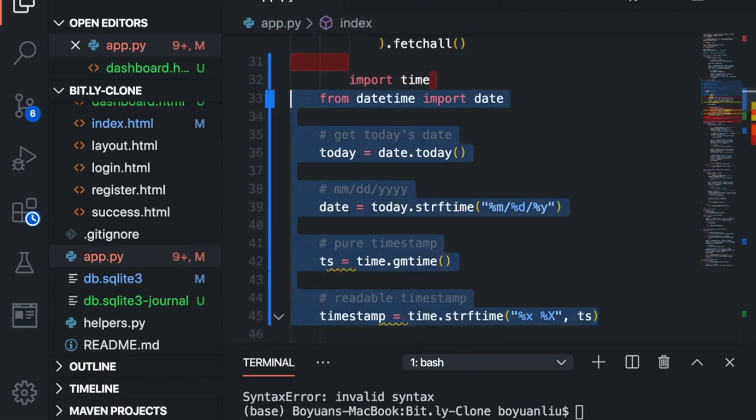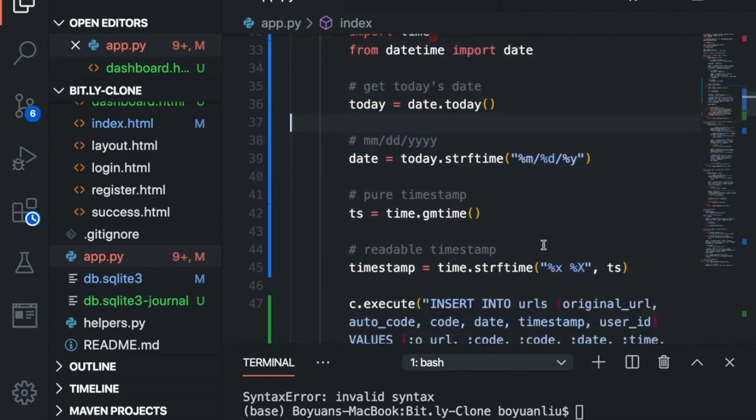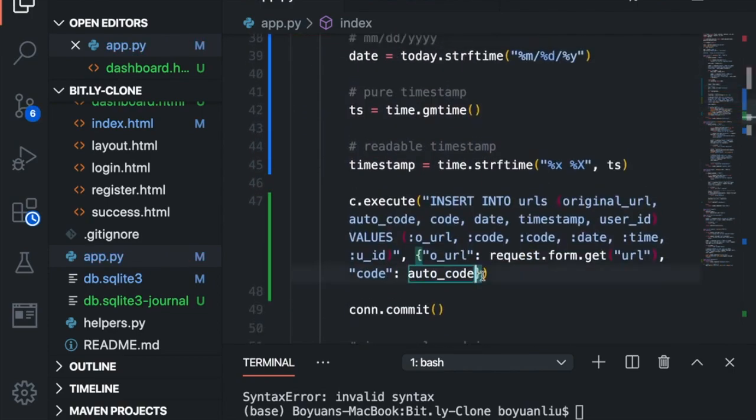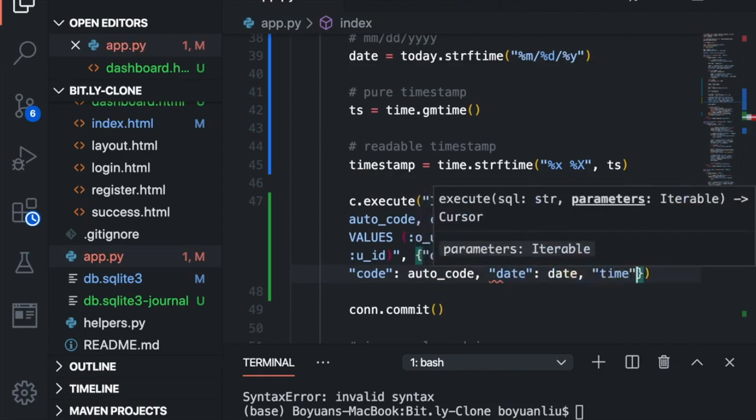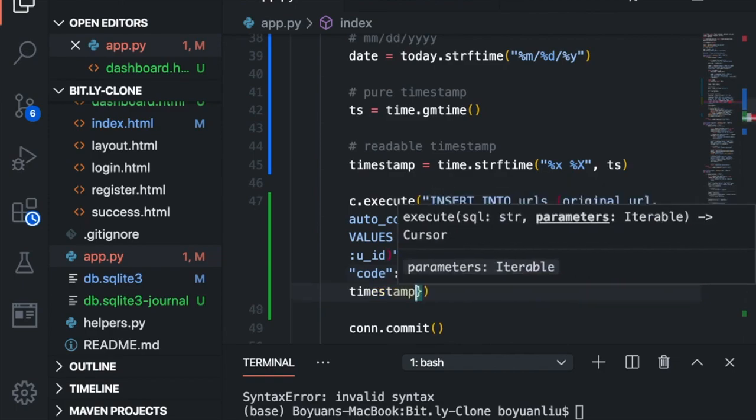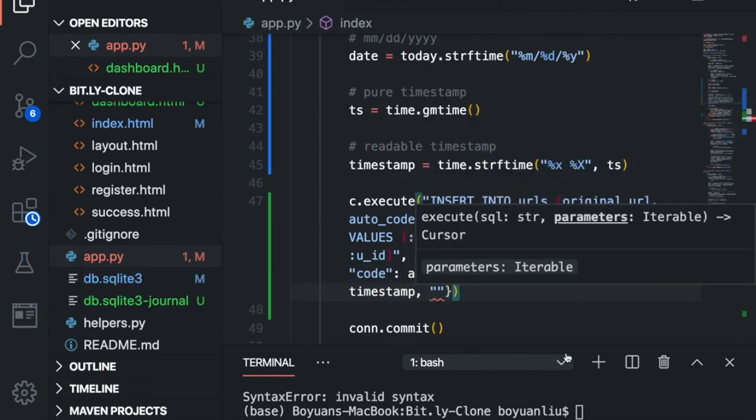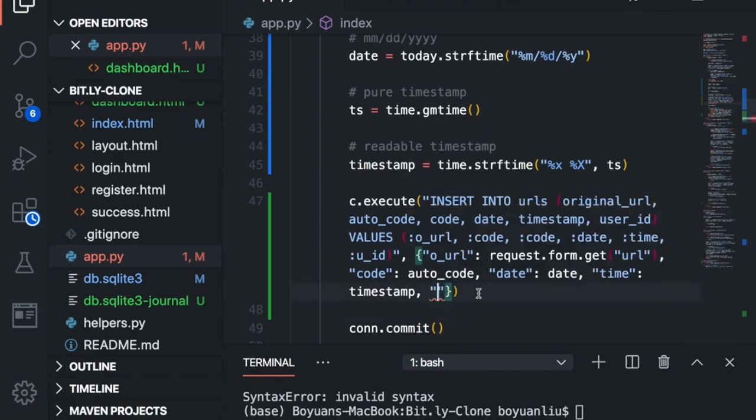Gonna fix some indentation error. And now what we can say is date is date, time is timestamp, user ID is session.get